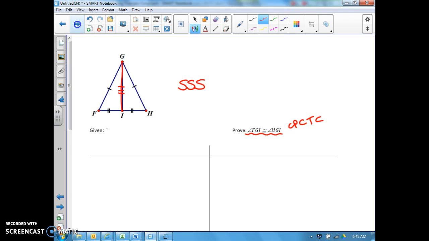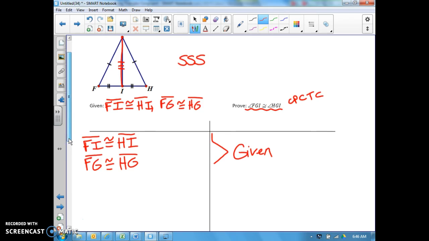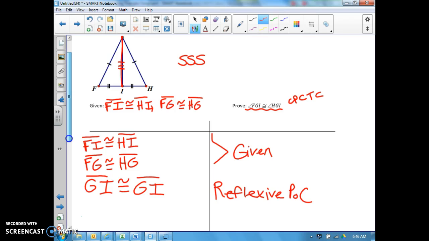So let's write down what they give me. They give me that FI is congruent to HI, and that FG is congruent to HG. And you're going to write down your givens again in the next line. Now, we need to establish the third side. We've got the two sides listed here, but we need the third side listed. Well, that's GI, and GI has to be congruent to itself by the reflexive property. Once we've established all three sides are congruent, then I can say triangle FIG is congruent to triangle HIG